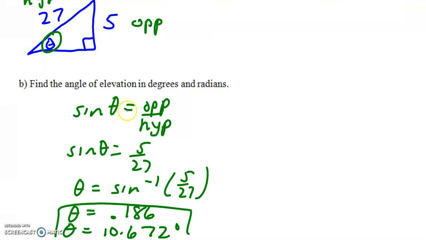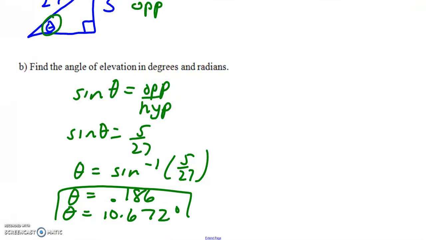Sine of theta is opposite over hypotenuse. So then I knew that sine of theta was 5/27. I then took the inverse sine of both sides to get theta equals the inverse sine of 5/27. Then in my calculator, when I plug this in radians, my angle was 0.186, and in degrees, my answer was